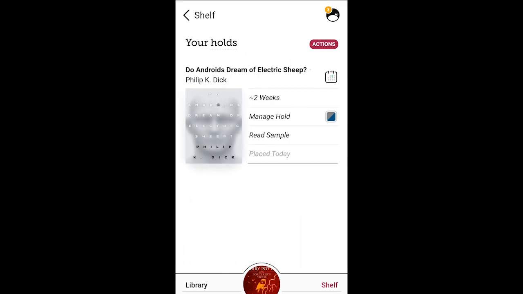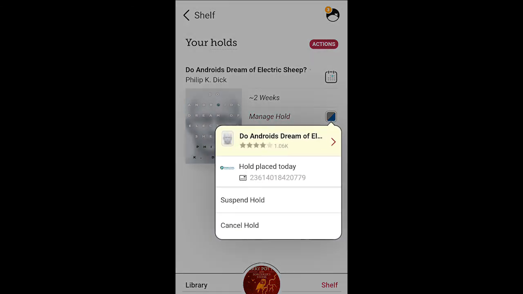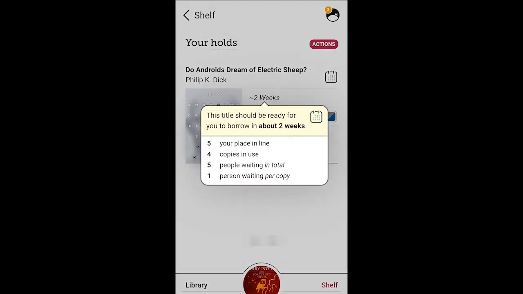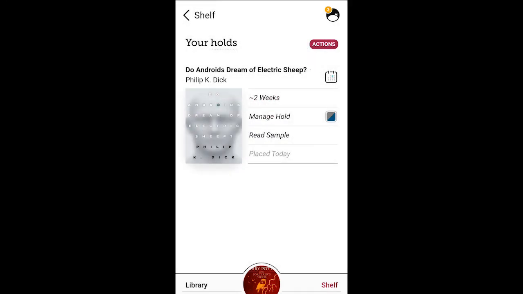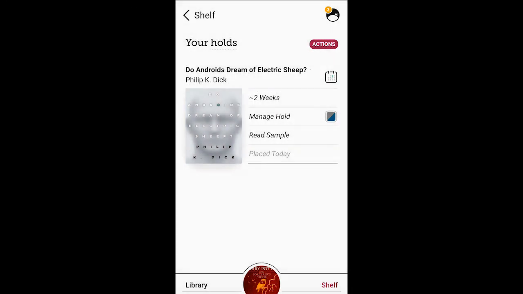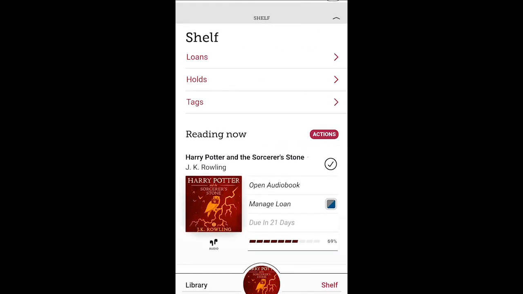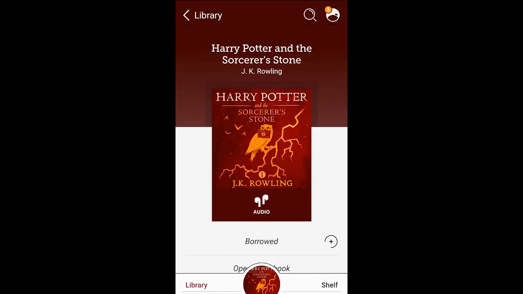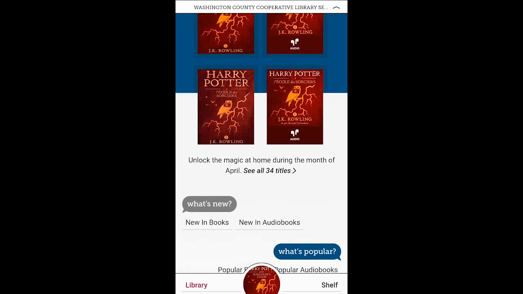On our holds, if we tap that, you have your Do Androids Dream of Electric Sheep. We can manage the hold that we have. We can suspend it, pause it for a certain amount of time, or cancel the hold altogether. We can again take a look and see our place in line for the book, and then the additional actions that we want to do as well. We can click back one more time and back to our main shelf page. We can go back to our library, of course, or whenever we're doing anything, we can go ahead, keep searching,